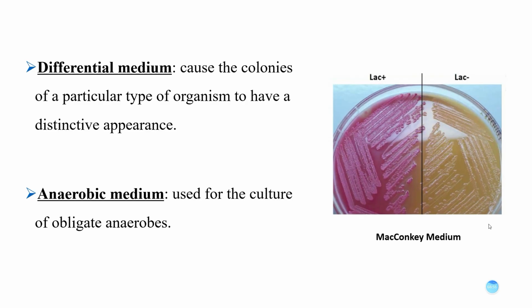When the pH drops, the medium contains a pH indicator, so the color will change to reddish color. So the red color means that there is acid produced, so this bacteria is able to utilize lactose to